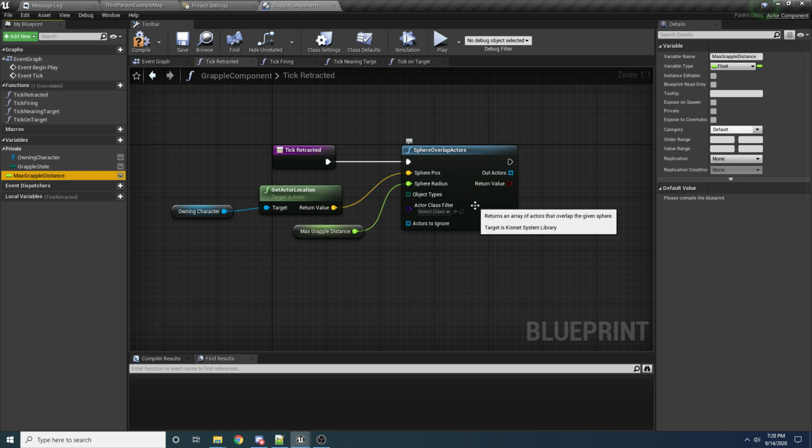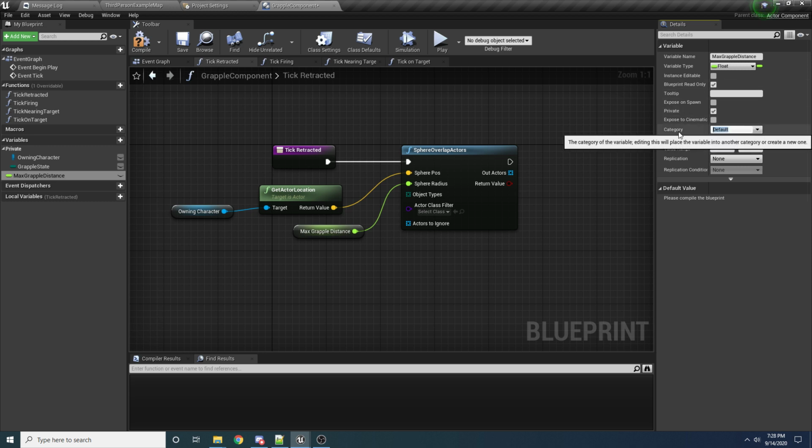But this is a special type of variable because it's really just a constant. It's something you want to set before the game starts, and then not really change later. It's kind of like a setting. So because it's like a constant variable, we can set it to blueprint read only, and we also want to set it to private. I'm going to add it to the private category, but I'm also going to add it to a constant category. To do that, you can say private, and then you can do shift